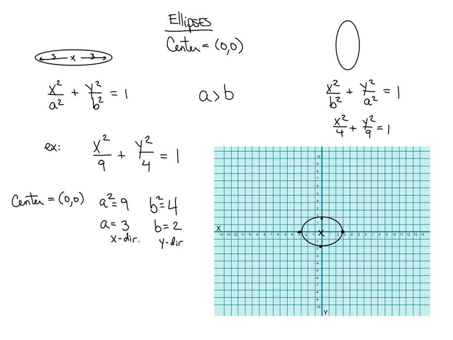Now, does that mean it's not important to understand which one is a squared and which one is b squared? No, it's very important, and I'll show you why in just a moment. So remember that the bigger number is always a, or a squared. Okay, going back to this picture,